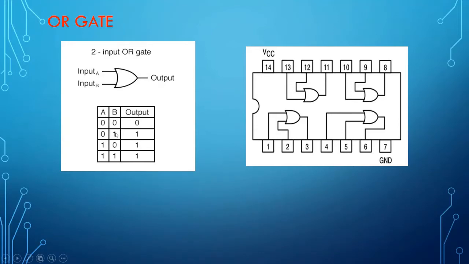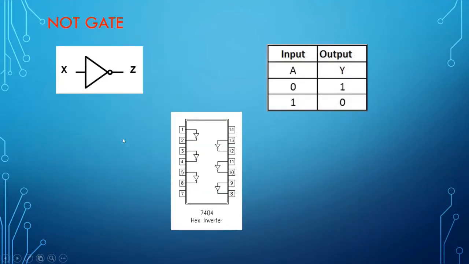I need not repeat this again because you people are very familiar with these circuit diagrams and truth tables from your first year basic electronics classes. The last component we have here is the NOT gate IC. So the NOT gate IC is this one. The pin diagram of a NOT gate IC is 7404, and you can check up. This is once again a 14 pin IC with pin number 7 to be connected to ground and pin number 14 to be connected to the power supply. And this is the truth table of your NOT gate IC.